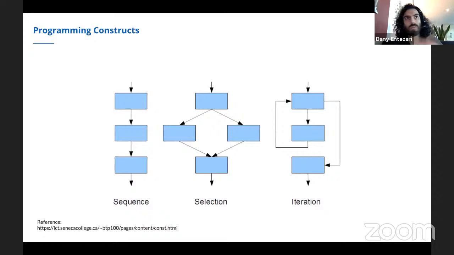Okay, so once you understood what the objective of an algorithm is, what the objective of a data structure is, how do you go about building an algorithm? How do you write an algorithm for a computer? How do you build a data structure? How do you write a data structure for a computer? You need programming constructs, right? If you want to write an algorithm for a computer, you need to know a programming language. If you want to have data structures for a computer, you can only accomplish this with a programming language. And if you want to write the programming language, then you need to know the programming constructs.